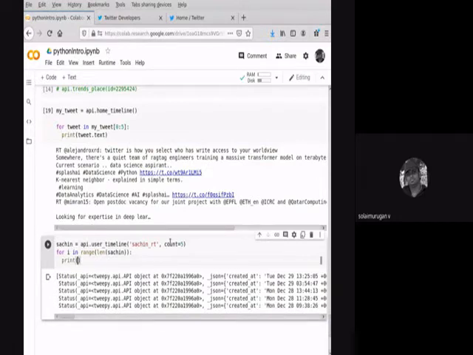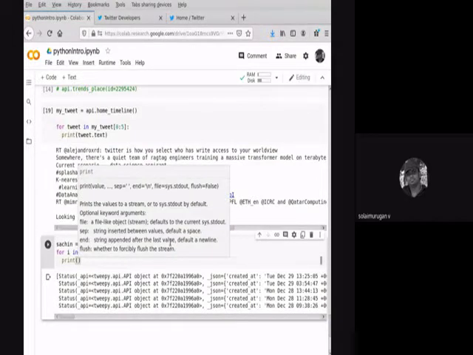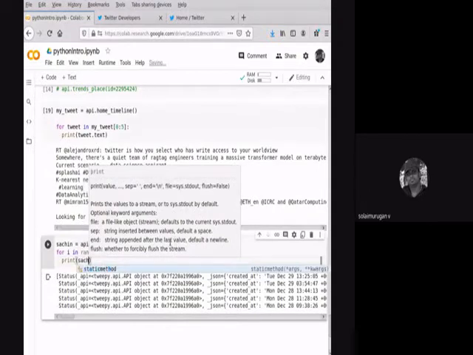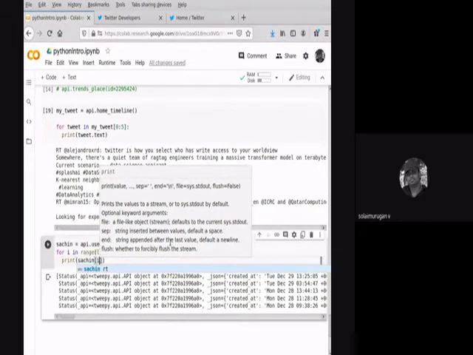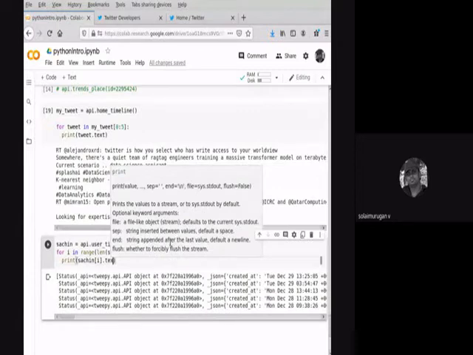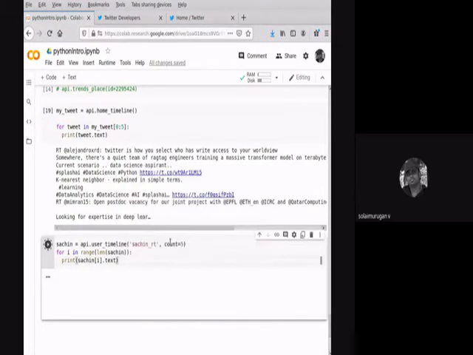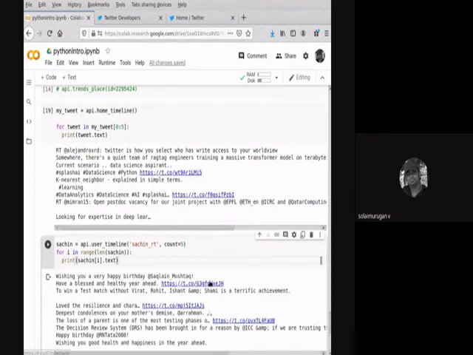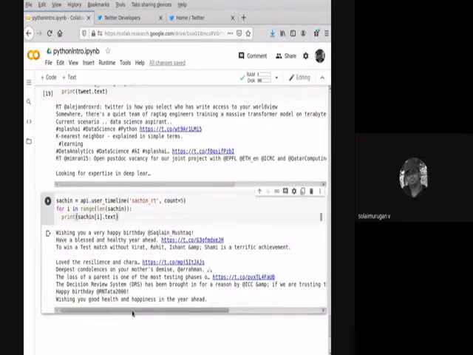Let me just print Sachin, i dot text. So these are the last five tweets tweeted by Sachin.